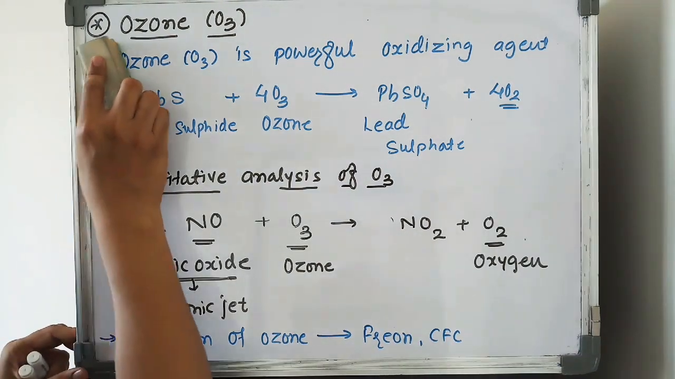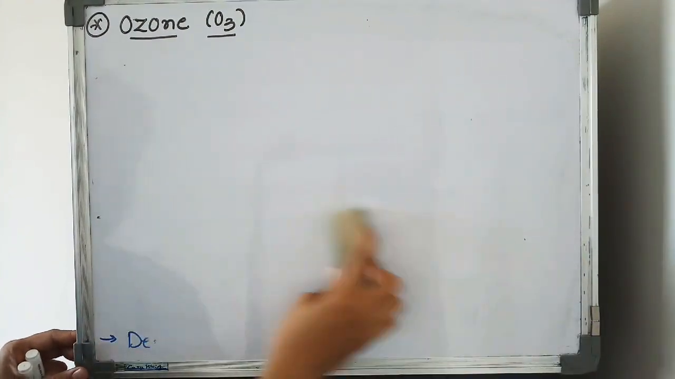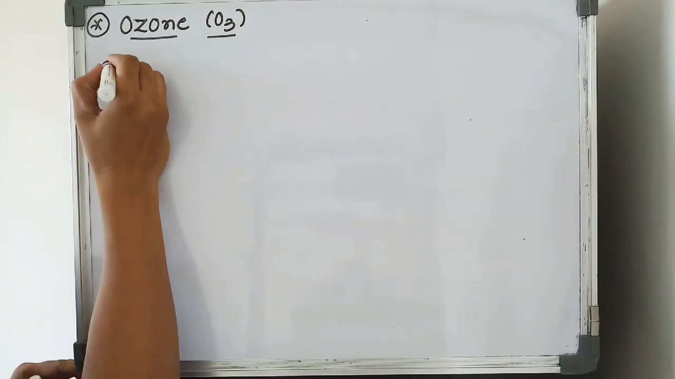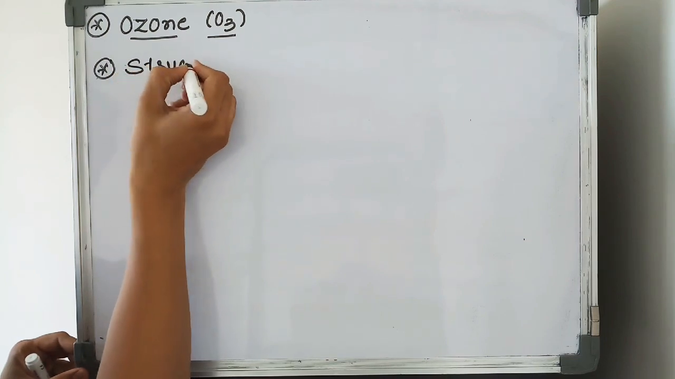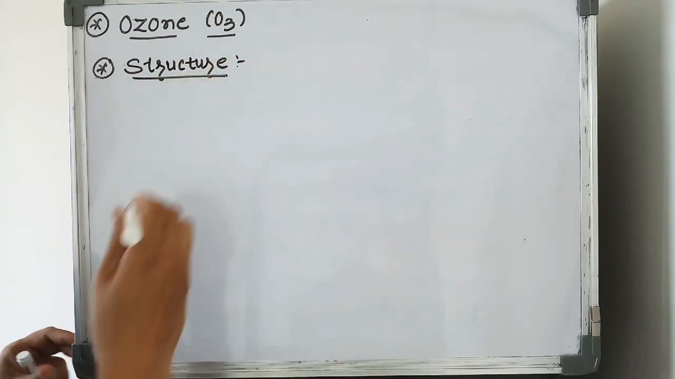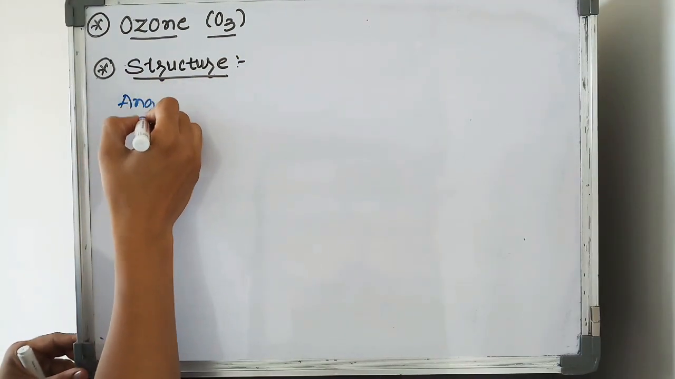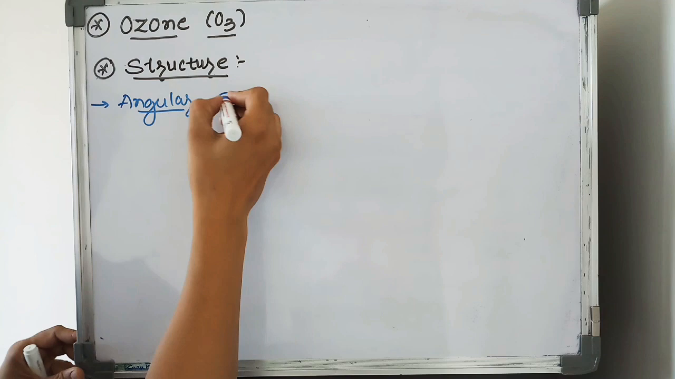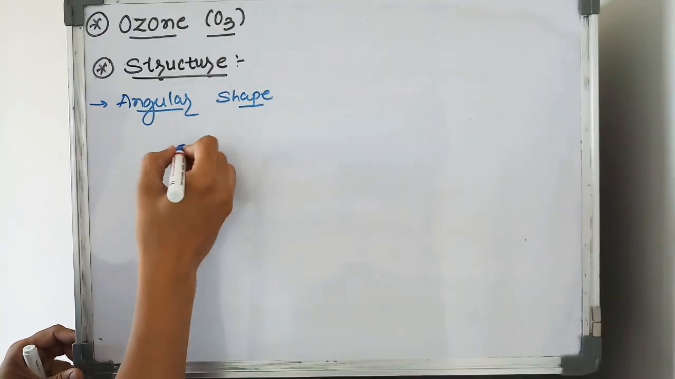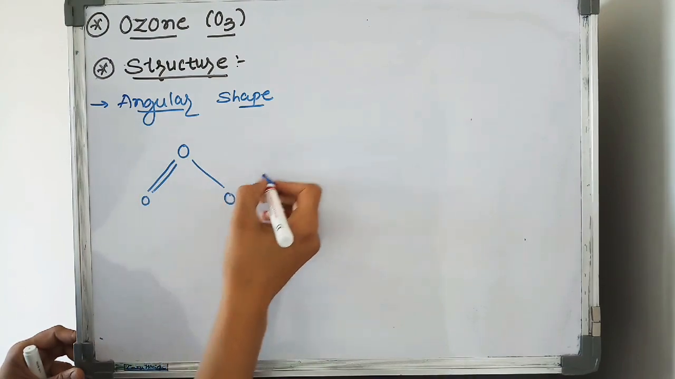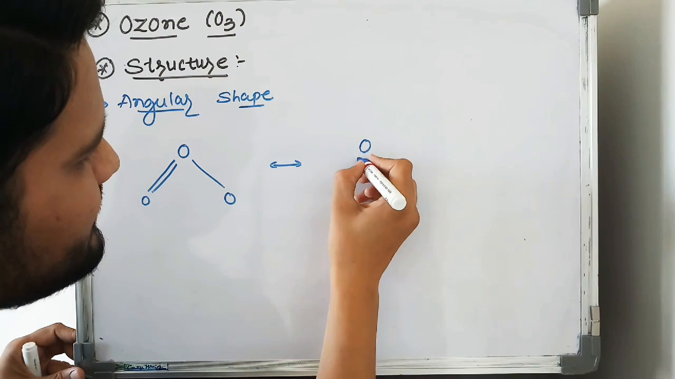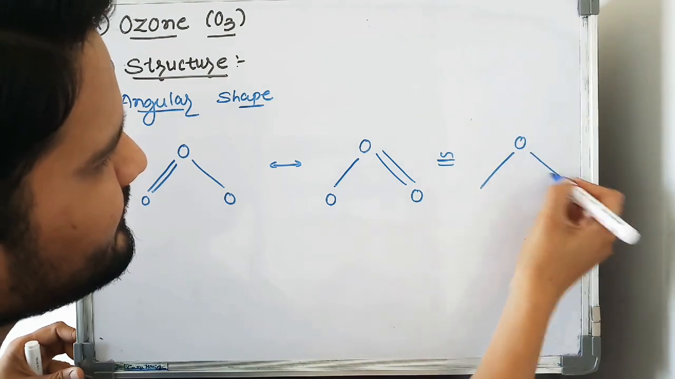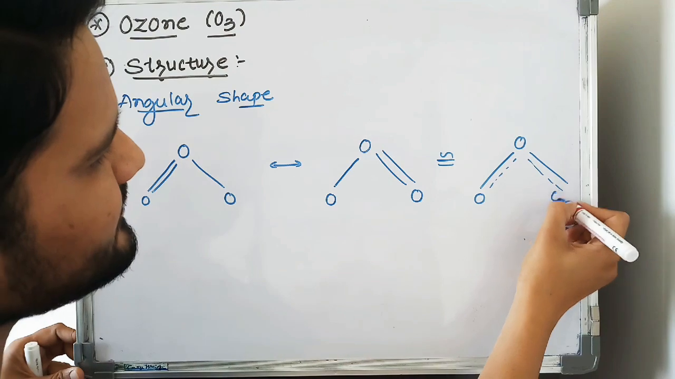now structure of ozone. So ozone possesses which type of structure? The structure of ozone is angular. It also possesses a resonating structure, and the bond length between the two oxygen atoms is